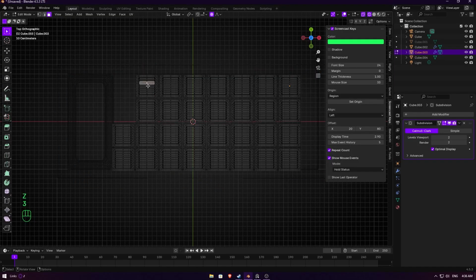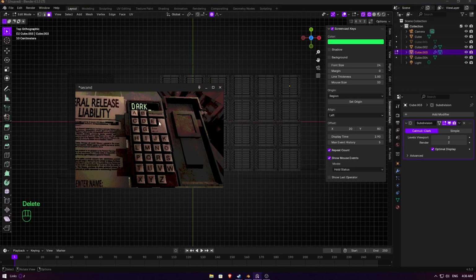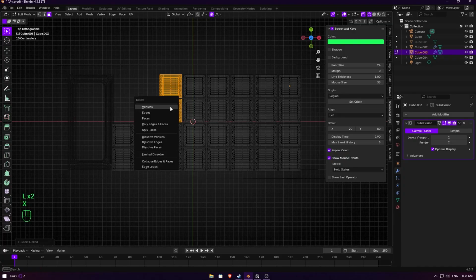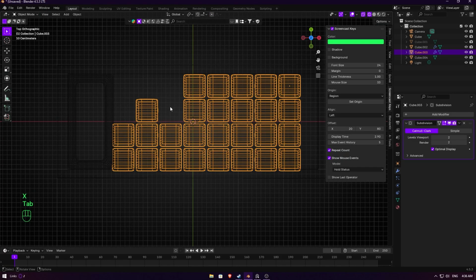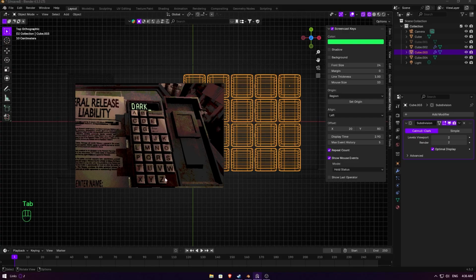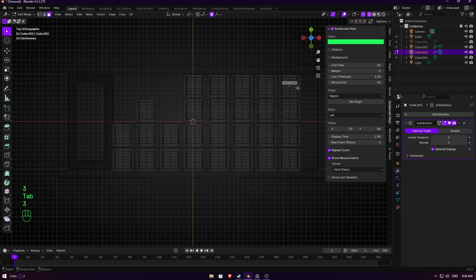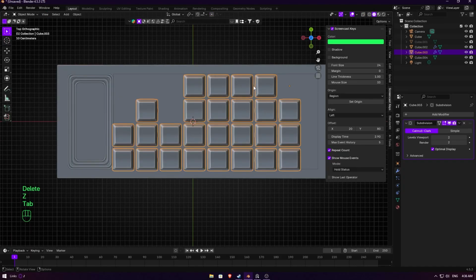So I go here or select any face, hit L and delete the vertices. And second one 2. L and delete this. And last one was 3, so I'm gonna select this one and hit L and then delete this. So now I have the main,